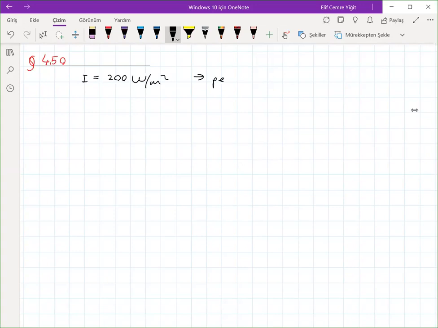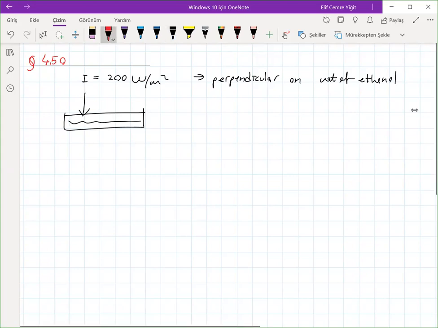This comes perpendicular on a vat of ethanol. So we have some ethanol in here, and we have light striking through it. The question asks for the